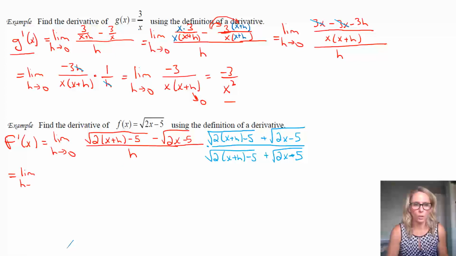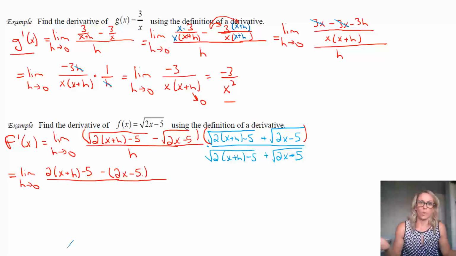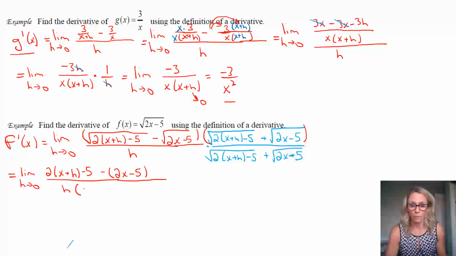So now I've got the limit as h goes to 0. As you can see, we've got this times this, and that is our difference of squares. You want to get really used to that idea when using the conjugate, that all it is doing is squaring the first two terms, which takes them out of the square root, and then it subtracts the last term, which we've now squared, and it's a square root, so it takes it out of the square root like this. So in one step, by multiplying by the conjugate, we've gotten rid of all of our square roots in the numerator. We did not, however, get rid of them in the denominator.